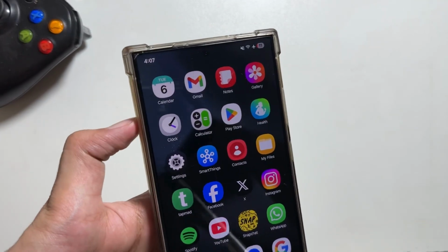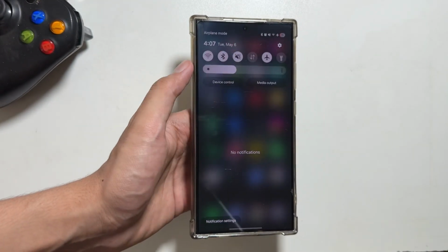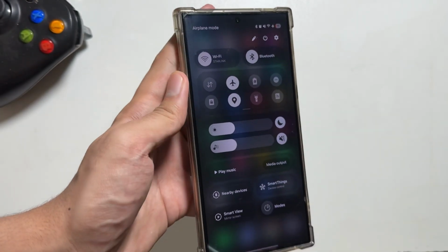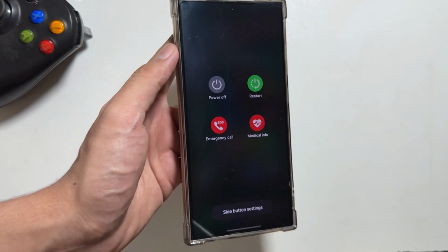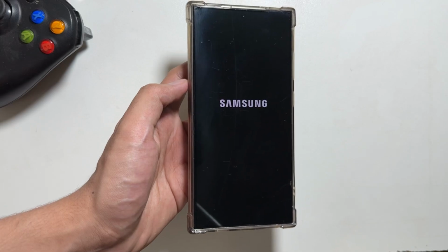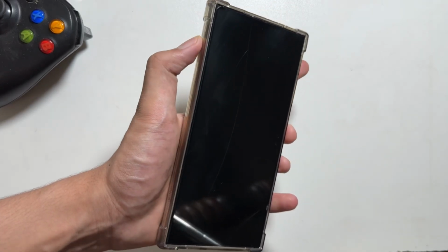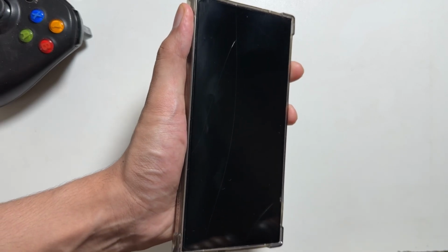First of all, many users were facing a battery drain issue. This battery drain issue is very common as I was also facing this, but I tried this trick and it worked out for me. So for this trick, you will have to first of all power off your device, and once your device is completely powered off, you will have to long press your power button and the volume up button. As you can see now, I will long press my power button and the volume up button at once,